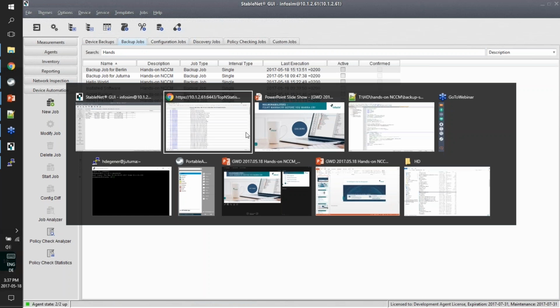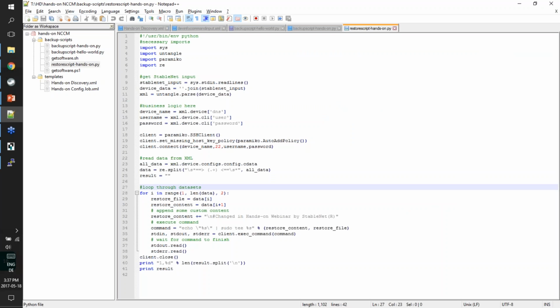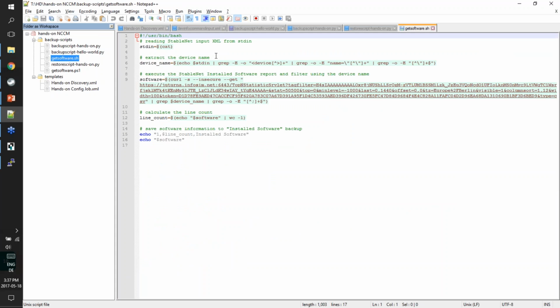I've already prepared a backup script for this one as well, so we can see it here. This time I chose to use Bash because it's a little shorter, and I just want to show you how flexible we are. So what we do here is we read the whole content to standard in using regular expressions this time, which are chained. I do not want to drill into every expression. I just want to tell you that this will extract the device name from the XML, and then we use a link,